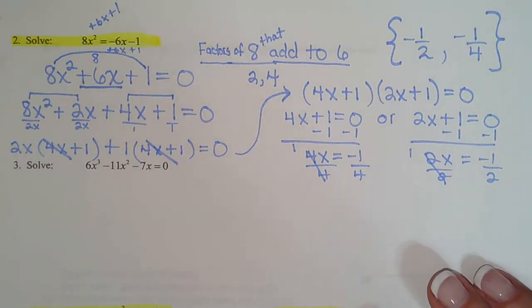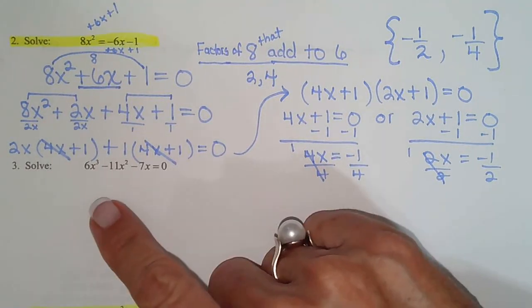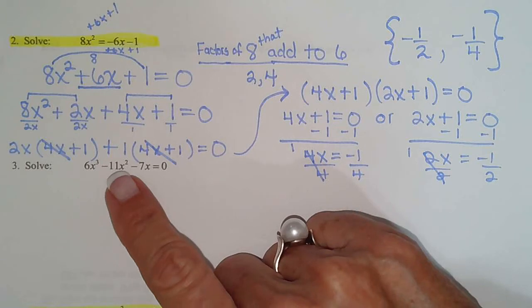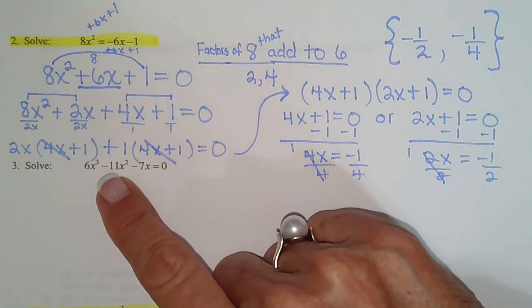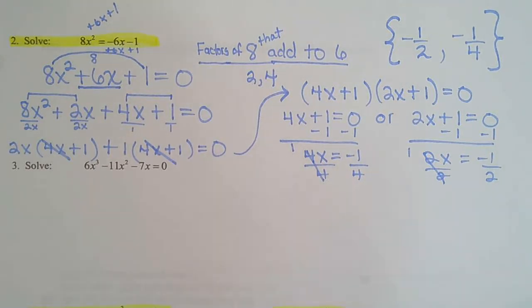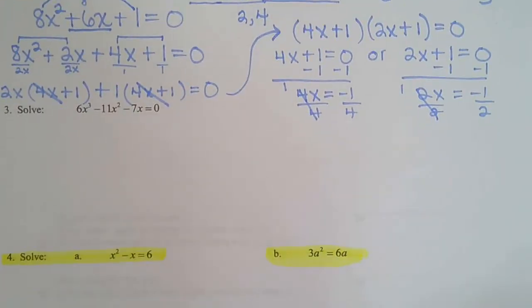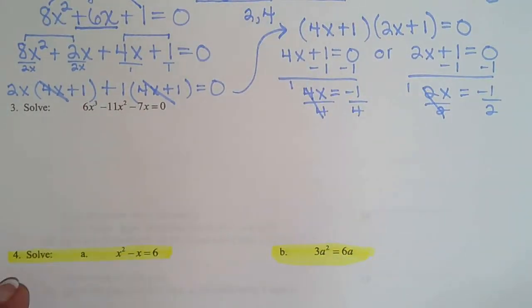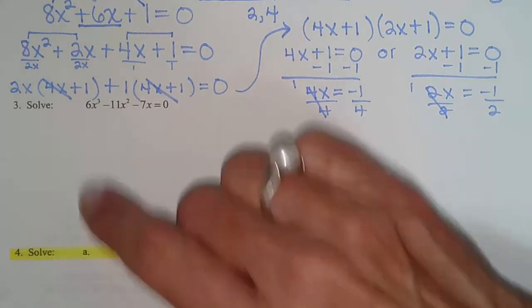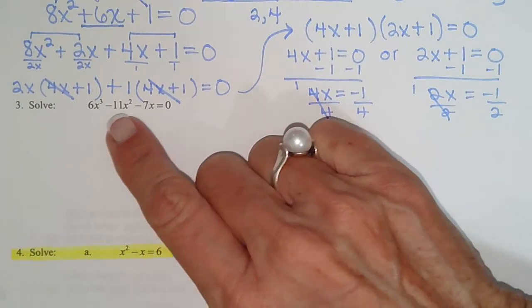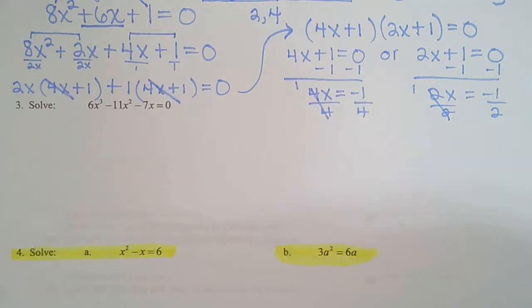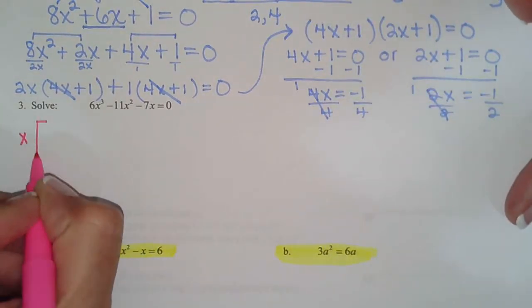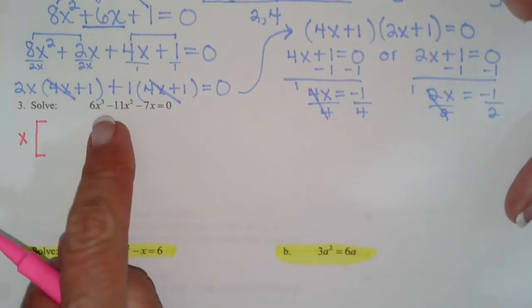Next we have, this one is a little bit hard for a test because not only is it AC method, it's GCF on top of it. So you might be thinking, how does she know it's a GCF? Well, the cube's a giveaway. We don't know how to do cubes unless they're 2 terms. So the minute I see cubed, I look and go, oh, look, there's an x common to all of those terms. So then I pull an x out and I get